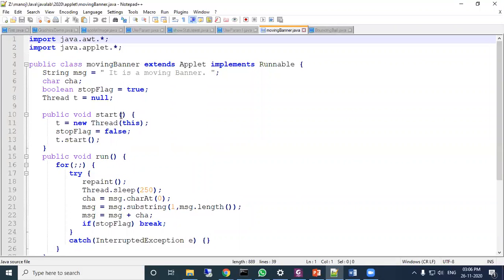This is a very good program. You can get some tips to write these applet programs. Let us execute this first, MovingBanner.java.